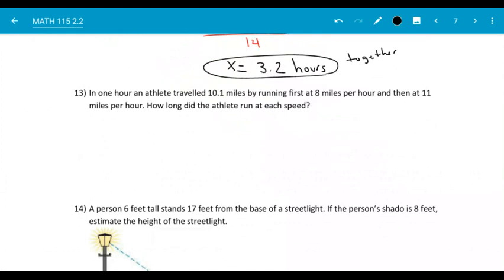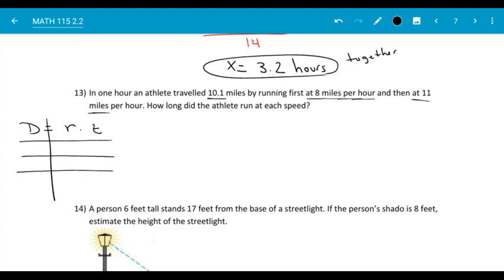In 1 hour, an athlete traveled 10.1 miles by running the first at 8 miles per hour and then at 11 miles per hour. How long did the athlete run at each speed? So anytime I see stuff like this with speeds, the first thing that pops into my mind is distance equals rate times time. And so in this case,